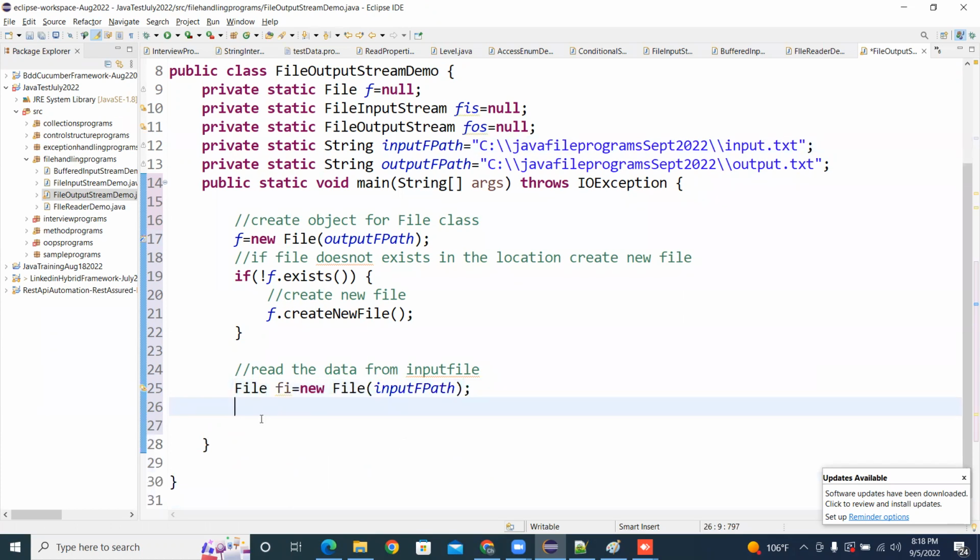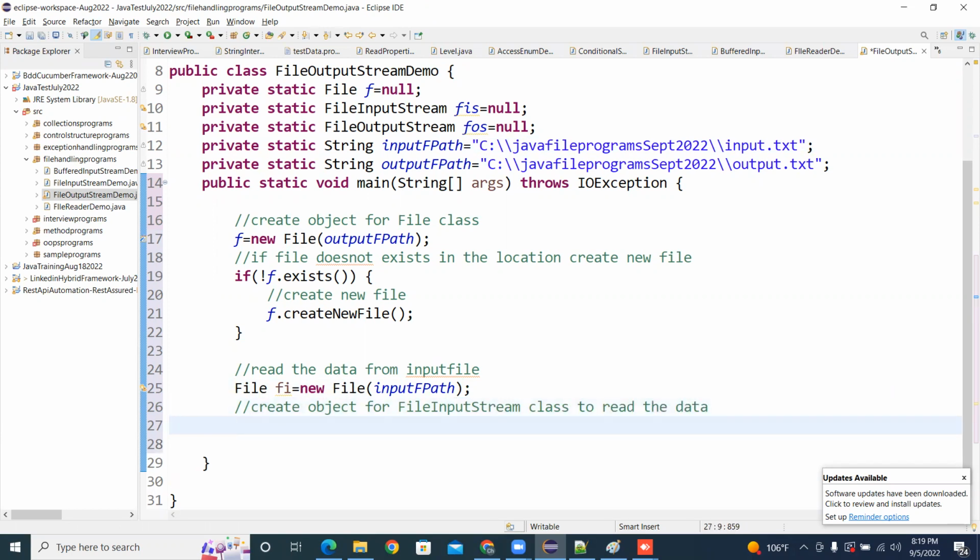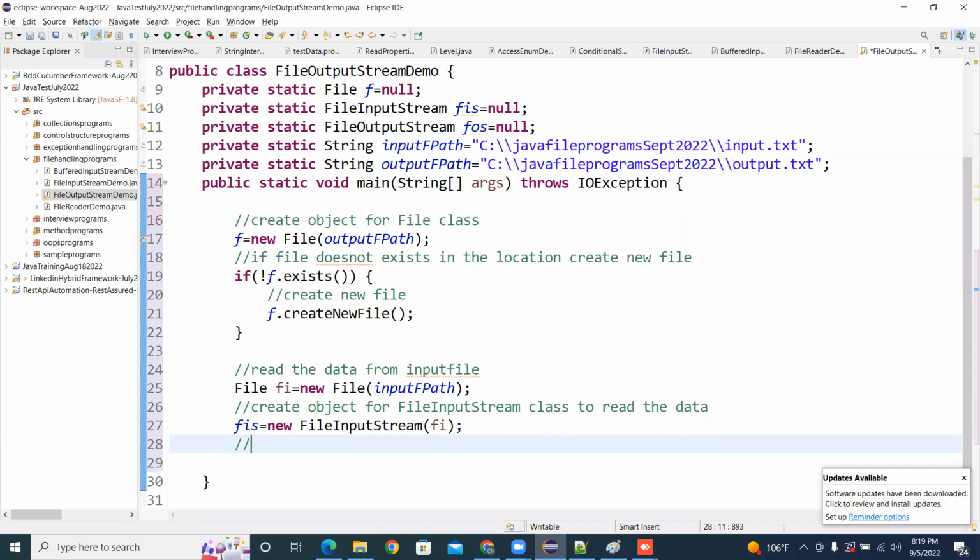Then I need to create an object for the FileInputStream class, to read the data. So FIS equal to new FileInputStream, and we pass the FI object. That's it. And for writing, to write data